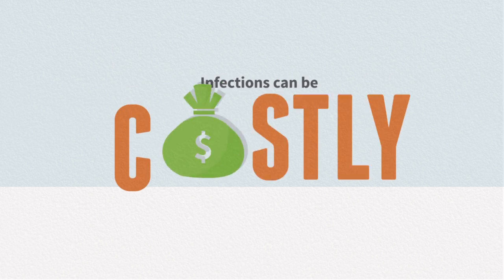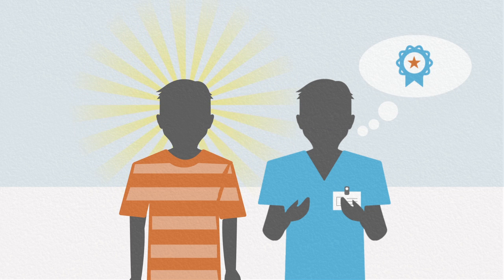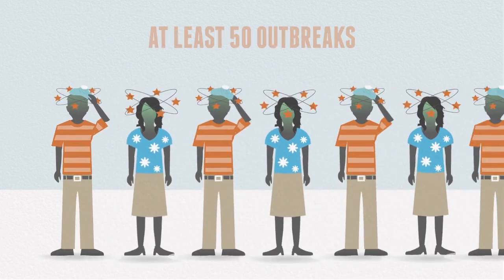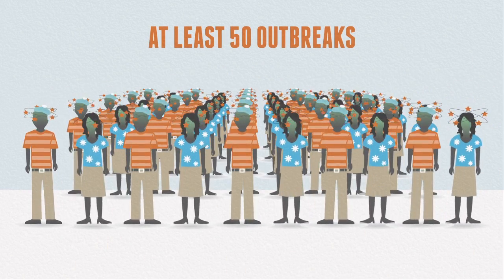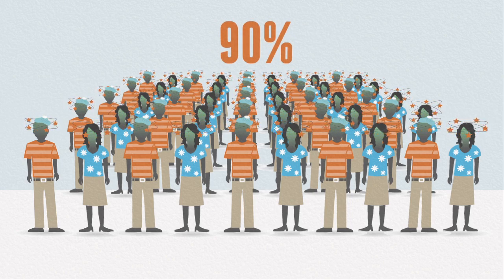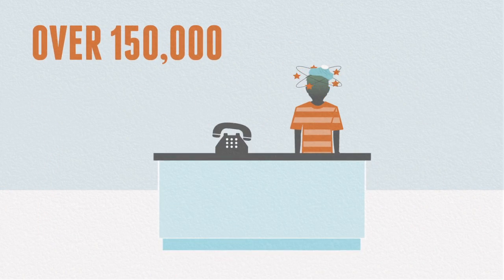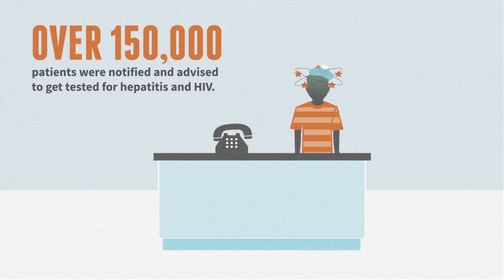Infections can be costly for your practice. Patients' lives, your accreditation status, certification, and licenses are all at stake. Since 2001, at least 50 outbreaks involving unsafe injection practices were reported to CDC, and 90% of these outbreaks occurred in outpatient settings. Hundreds of patients were infected, and over 150,000 patients were notified and advised to get tested for